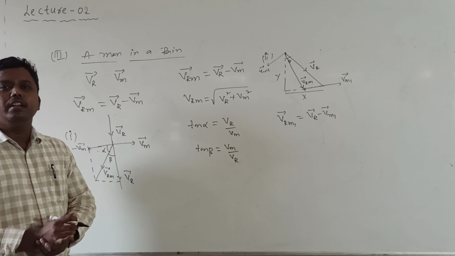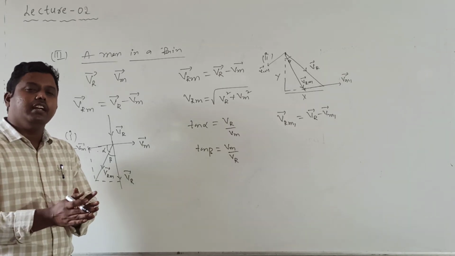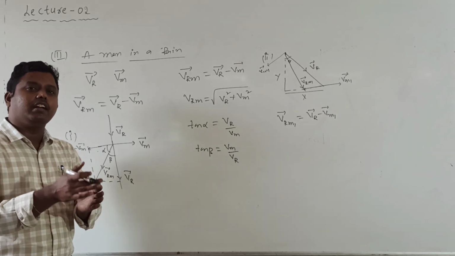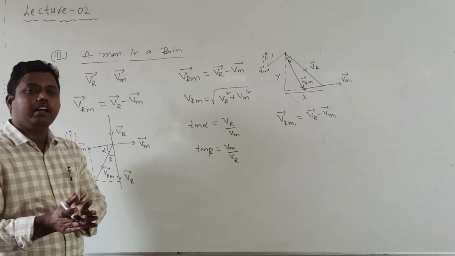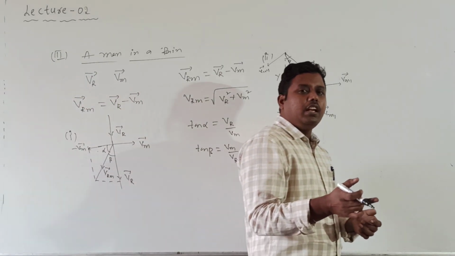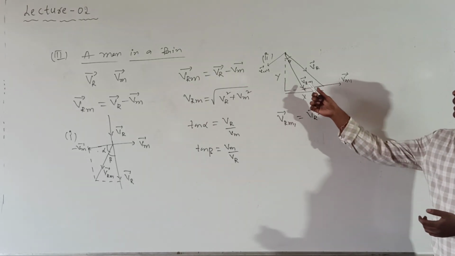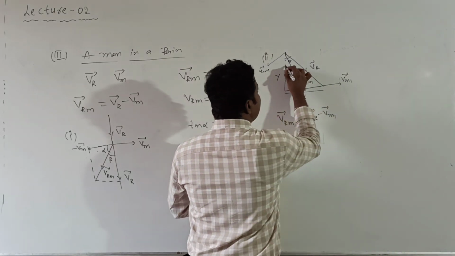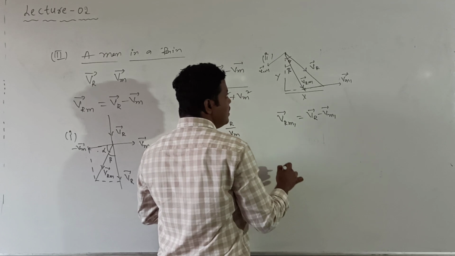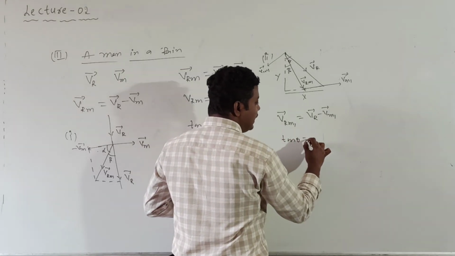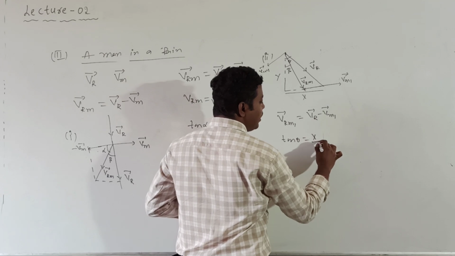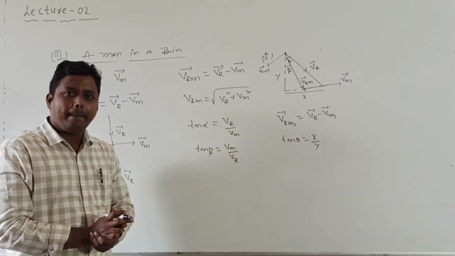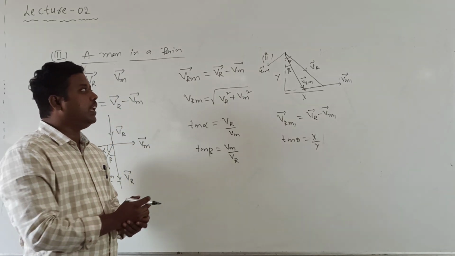Always remember the resultant of two vectors will always be in the plane of the two vectors only, and it will be close to the vector of greater magnitude. Out of VR and Vm1 bar, if VR is greater than Vm1, the resultant VRM bar is closer to VR. Let us suppose this resultant is making an angle beta with the vertical. What is the formula for tan theta? Tan theta is equal to x divided by y. X is the horizontal component of velocity of rain and y is the vertical component of velocity of rain.